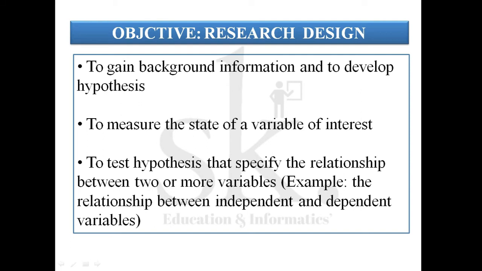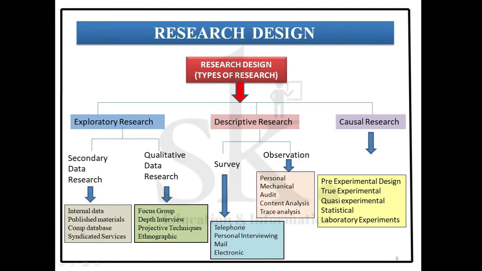There is a concept known as independent and dependent variable in causal research. There might be many independent variables which might cause an impact or an effect on a dependent variable. So this is the basic objective of research: collection of information, identification of proper variables, and hypothesis testing as to which particular variable, or manipulation of the variable, can improve the performance of the study. Next, we come down to the types of research design.